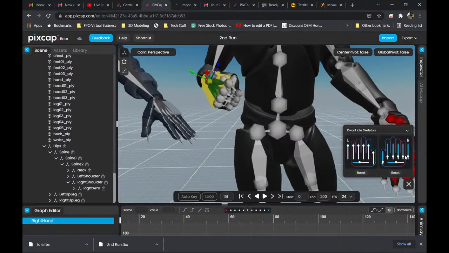So you don't have to go in and do anything to move the hands in terms of individual bones. You can do it yourself, but you don't have to. It makes a fist for you, which is pretty dope. Most other 3D software doesn't do that. You pretty much have to have a hands rig, but this is automatically tied in, which is amazing. I don't know how they did this,